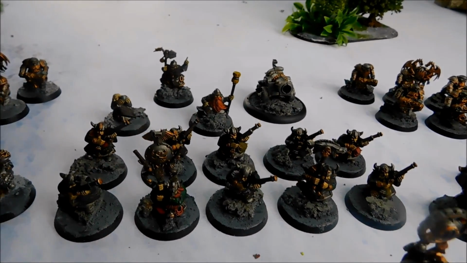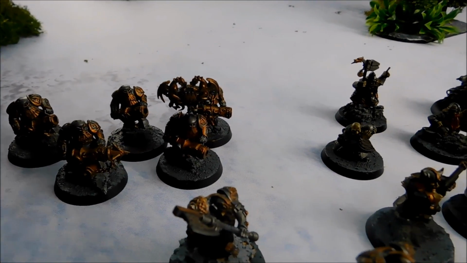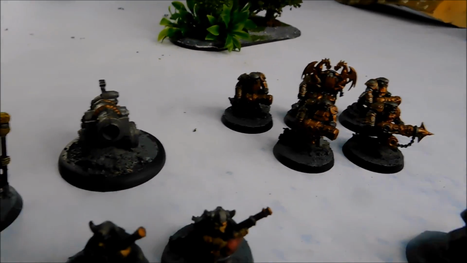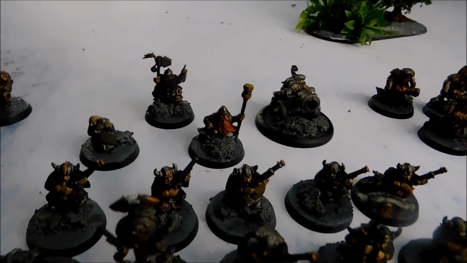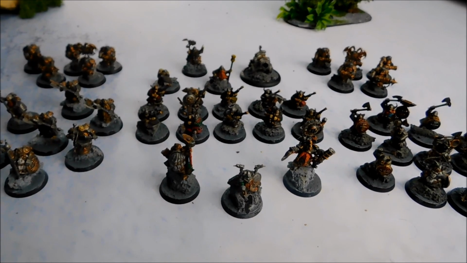Then we've got 2 5-man squads of Iron Drakes. The leader has a Grudge Torpedo, and then there's a banner in there as well. And that's 2 units there. And then we have a cannon with 3 crew as well. And that's mine. My leader has a Phoenix Stone and